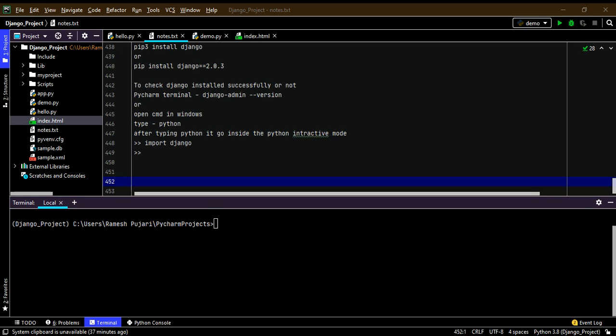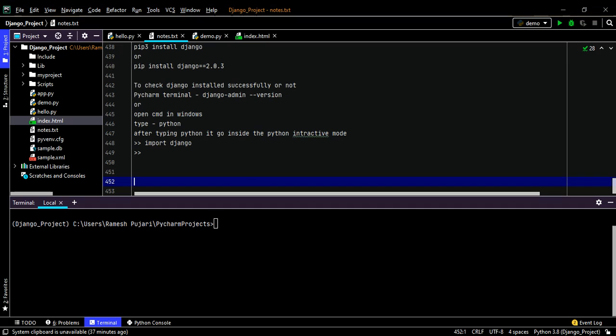To create the Django project, we have the command called django-admin startproject and the project name. This is the command. I will write it in the notes section and I will demonstrate it with an example also.